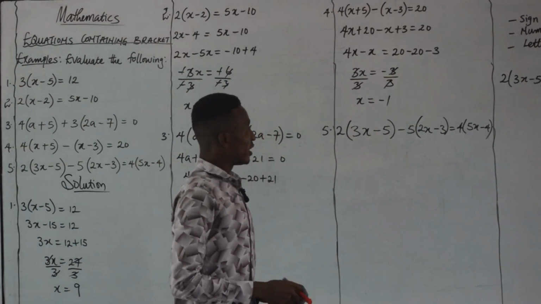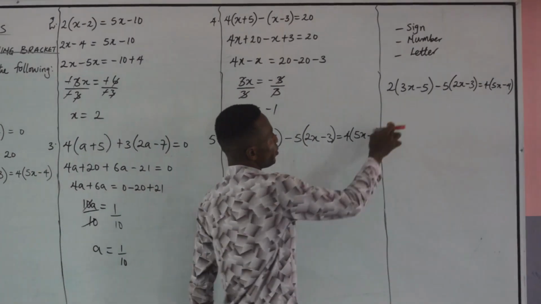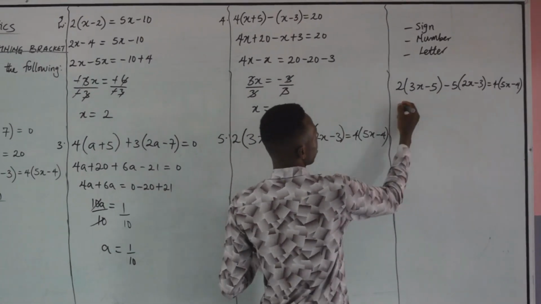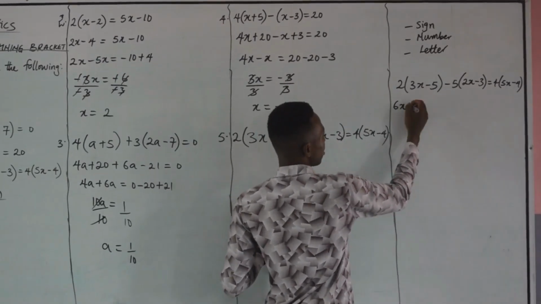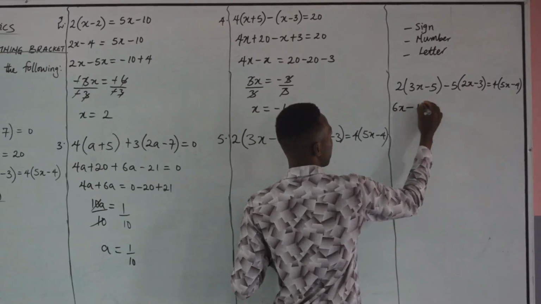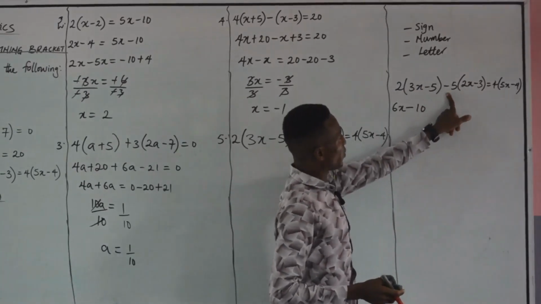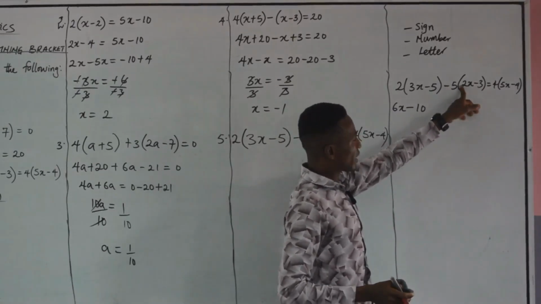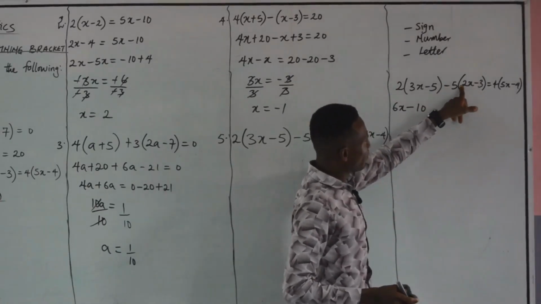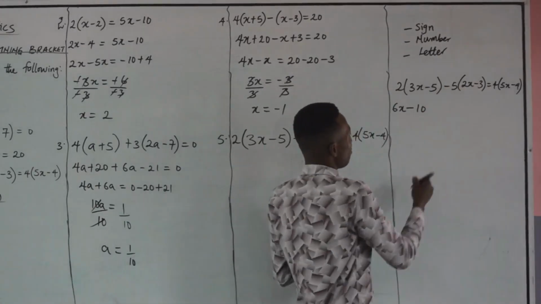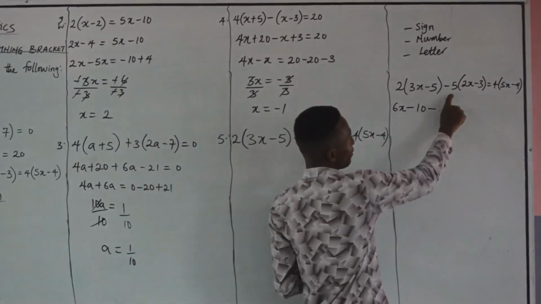So taking the last question here, I will solve it in my rough book first. Now let's open the brackets here. When you open the brackets, this one gives us 6x, invisible plus and minus gives us minus, and 2 times 5 gives us 10. We are through with the first one. Now this second one here, we have minus, and in front of 2x we have plus. So minus here multiplied by the plus that is in front of this 2x gives us minus. Now take the 5, use it to multiply 2x. 5 times 2x gives us